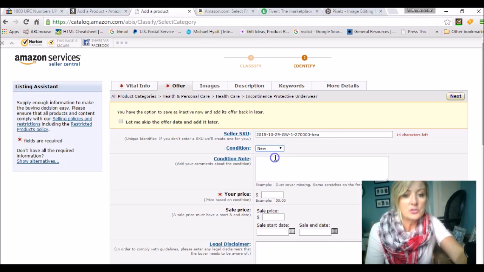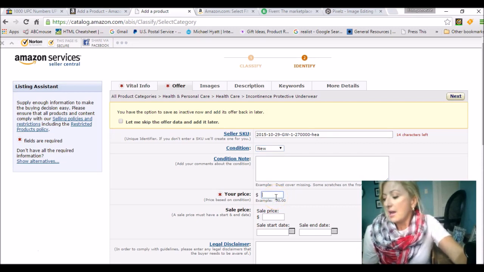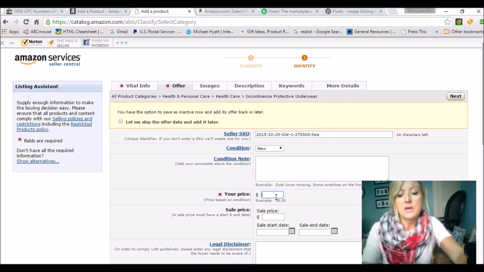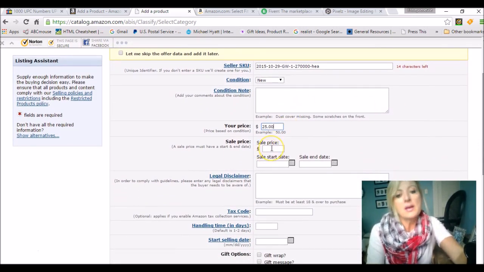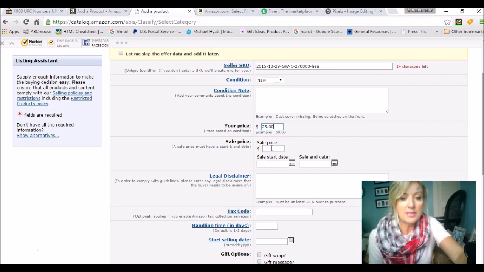Okay, condition is new. I don't typically put a condition note unless it's used. And my unit price. So I have 4 packs, so I'm going to put them at $25. Here on the sale price, we've talked about this before. If you don't have a repricer, I don't like to use a repricer, but repricers will do this automatically. If you don't have one or opt not to use one, you can go ahead and put a sale price